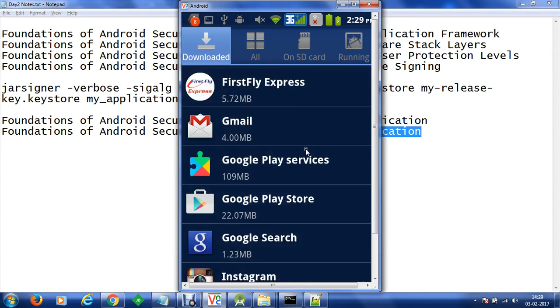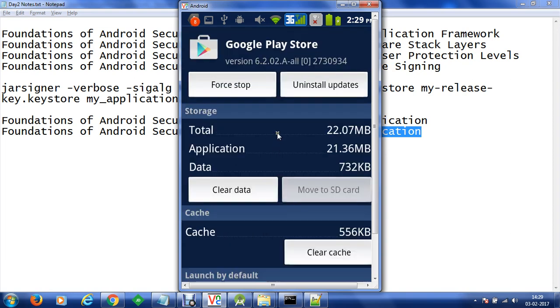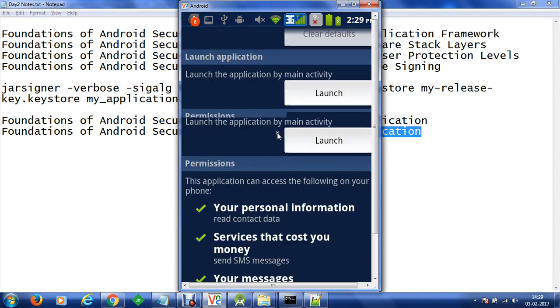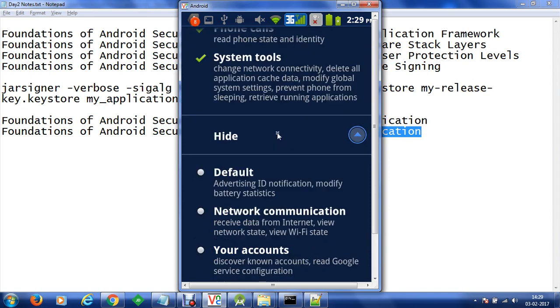Okay. So here you can see that we have a Google Play Store app which helps us in updating all the applications available in the device. Okay. So now what we can do is, let's say if we go down here, you can see that you have the permission model and all the information, whatever you want, is displayed here. Clear?